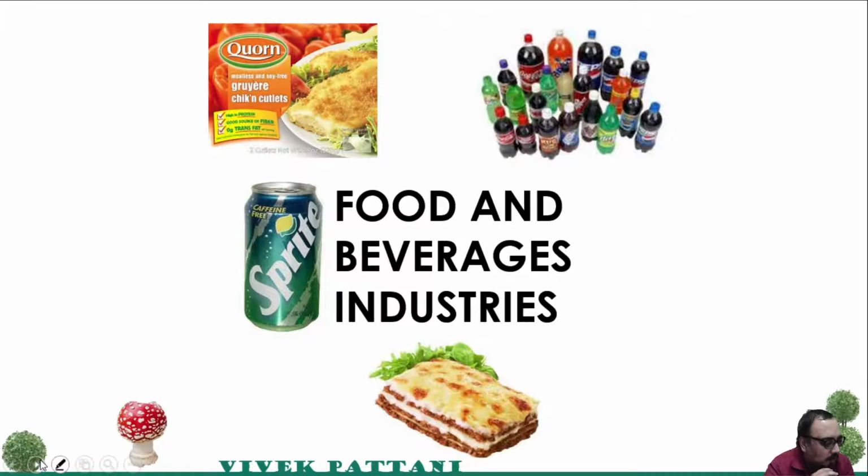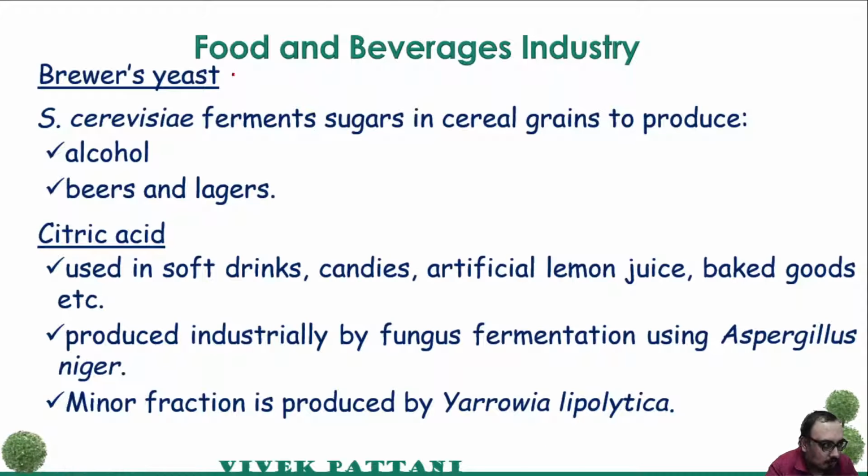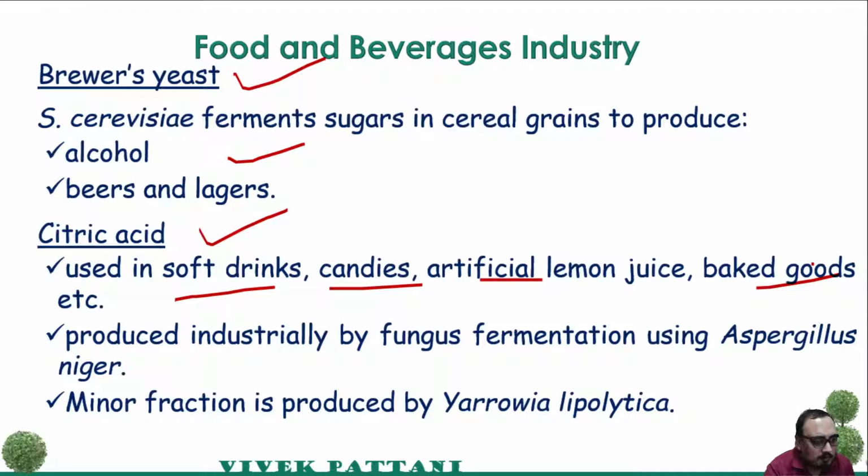Now we are moving forward with the food and beverage industries. What are the applications of fungi in the food and beverage industries? As brewers, and in the case of citric acid production. In brewers yeast, as you all know, Saccharomyces cerevisiae, a yeast, is used. Citric acid is used in soft drinks, candies, artificial lemon juices, baked foods, etc. Again, a variety of places,